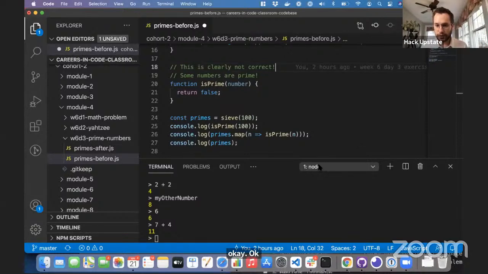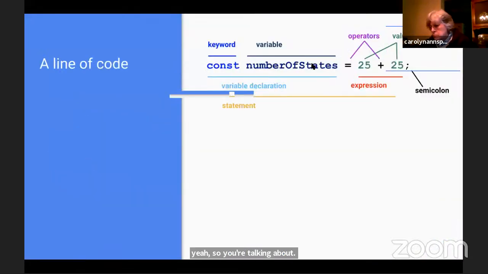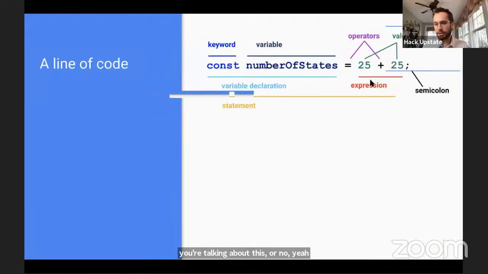Okay. Melikwan asks, in the example in slide 2, why isn't number of states part of the expression? So you're talking about why the expression line doesn't cover all of this, all the way to here, right? And I'm not really sure. It's because I don't like thinking of this as an assignment, and it may not be. Honestly, I'm not sure how many people could even answer this, because it's a very esoteric academic question. If you're looking at a full statement like this, is just this part an expression? The fact that there's a const here definitely means it's not a normal